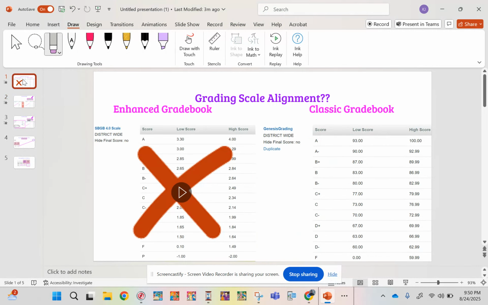Alright, I wanted to make this video for any collaborative teams that want to use the standard-based grading approach and were using the 4.0 scale before and want to still use that idea in their classic gradebook, but need to manipulate it to make that work so they don't have to change rubrics and grading scales. So now that the enhanced gradebook is gone, and we're looking at the classic gradebook from a 100-point scale,